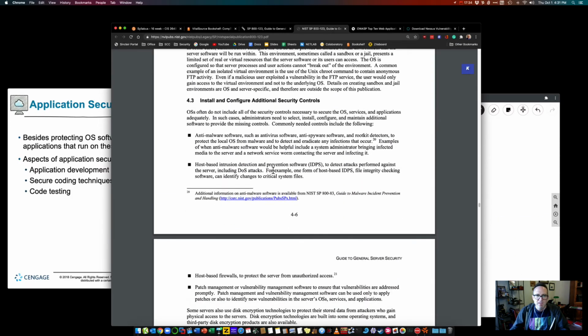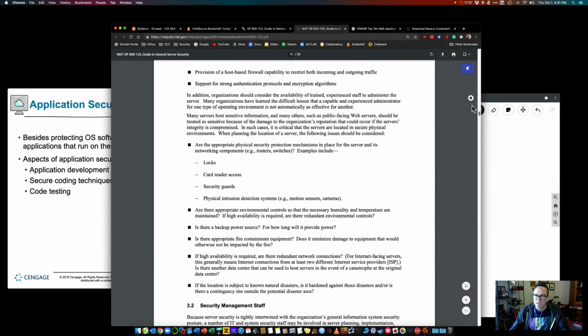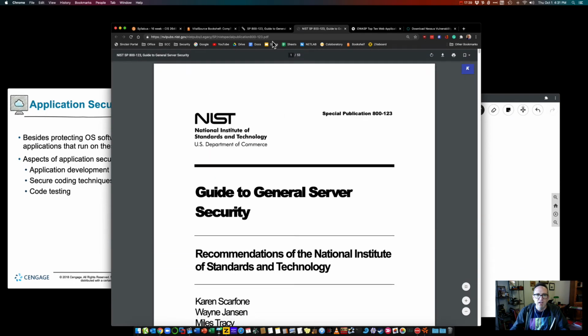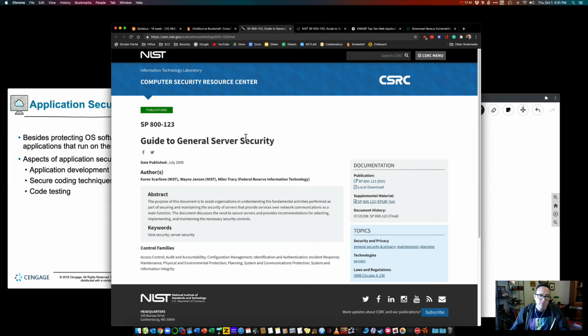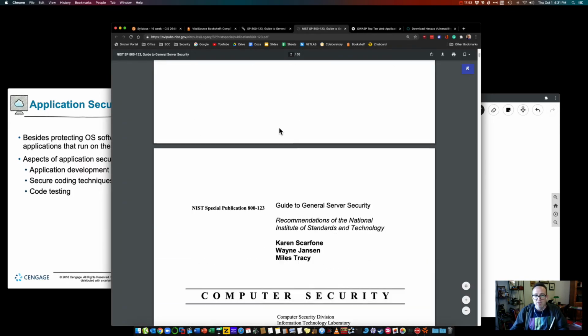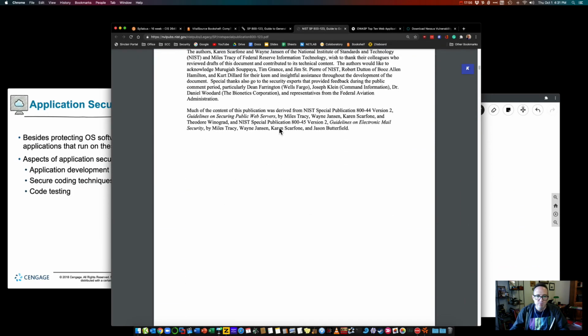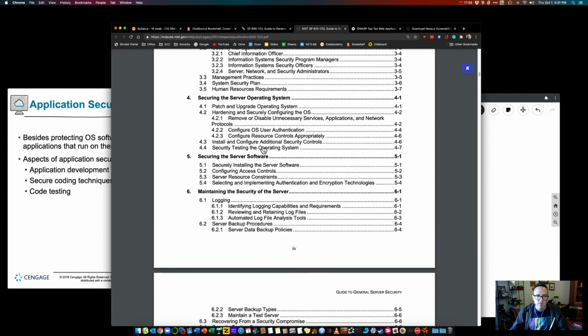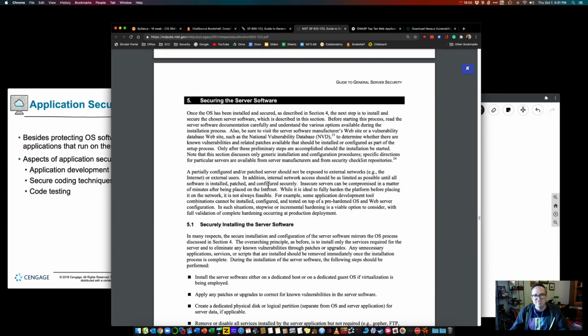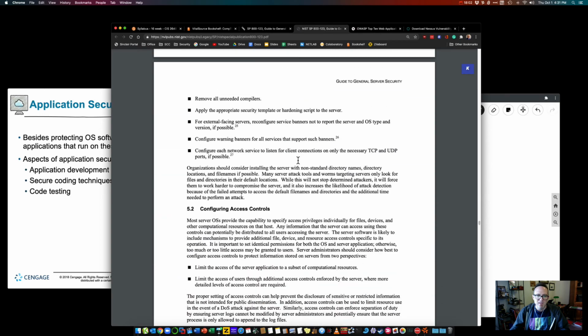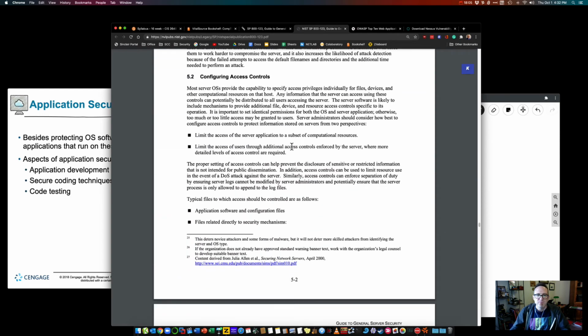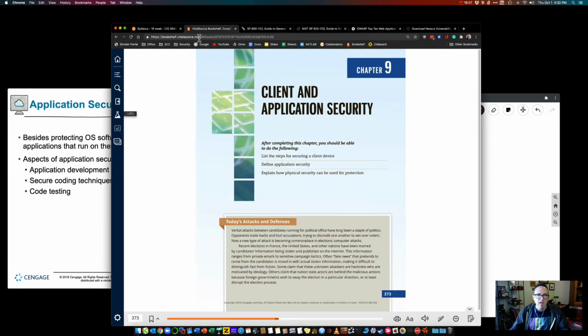I'm not going to go through all of it here. But yeah, look for NIST. This is SP 800-123. The whole special publication 800 series has a bunch of different security guides. There are probably ones really specific to different operating systems. This is a general guide to security, though. It's a great place to start. And part of this, of course, is securing the server software. So we're going to talk about this in a little bit here. So this leads us into our next topic, which is